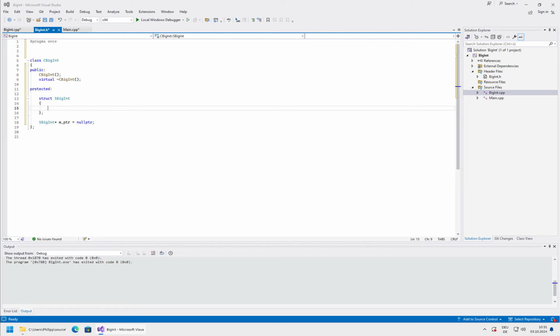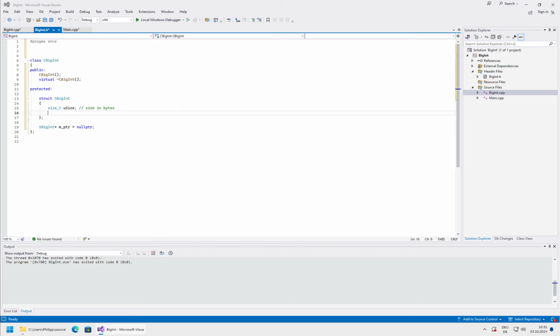First of all, it will need to contain a size variable. We use the size_t type, as this is defined such that on every platform it will be the max int size. So on 64-bit this will be a 64-bit integer, and if we switch to 32-bit then it would be a 32-bit integer, so that we don't waste memory. Call it size, and let's say this will be the size in bytes. And what we now of course need is the actual